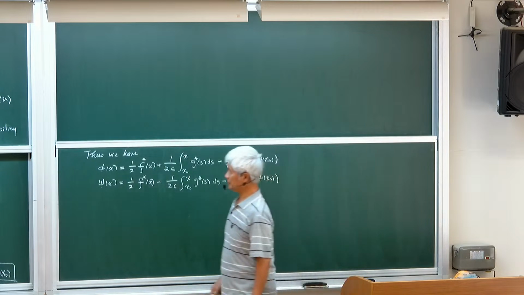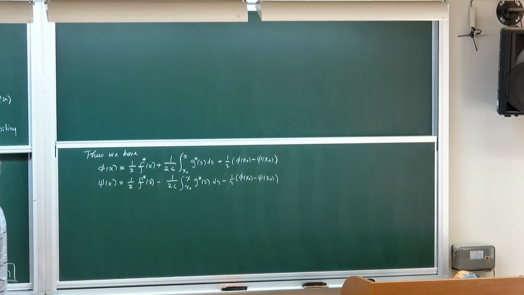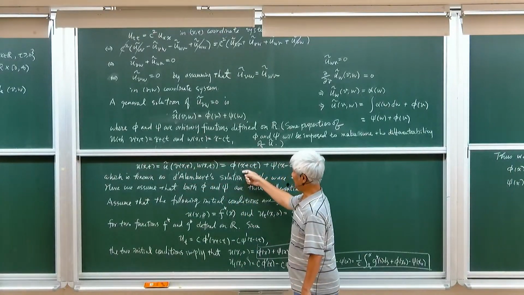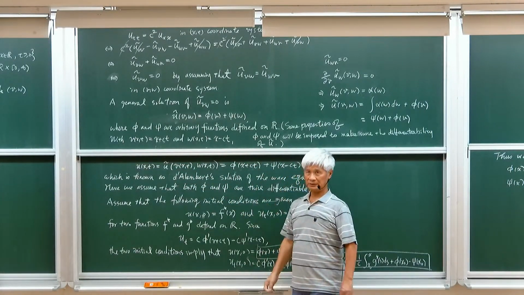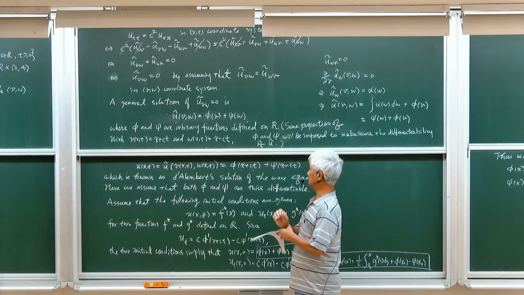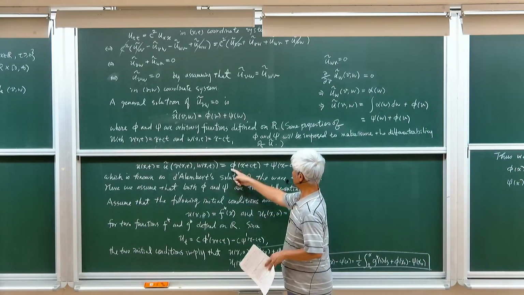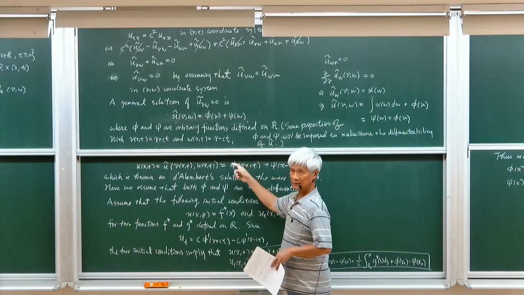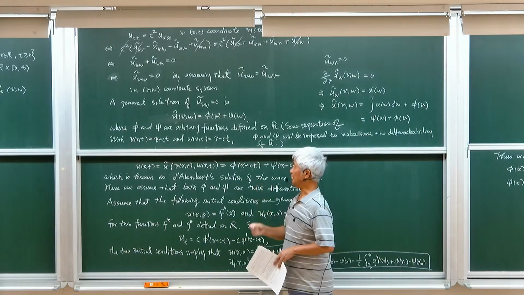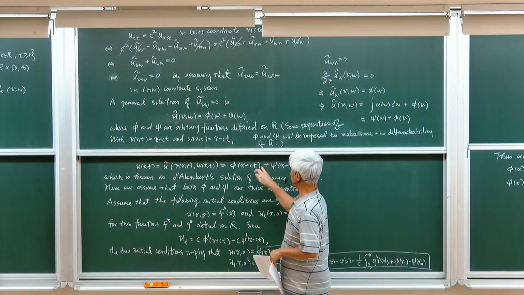Okay. So from the two initial conditions, yeah, because the general solution depends on two functions defined on the real line. So two functions is phi and c. Okay, right. And so to determine these two,